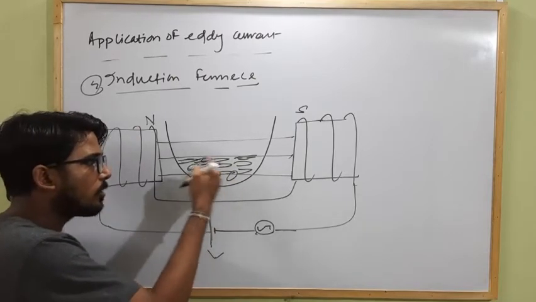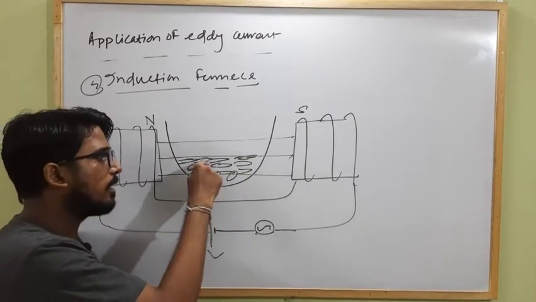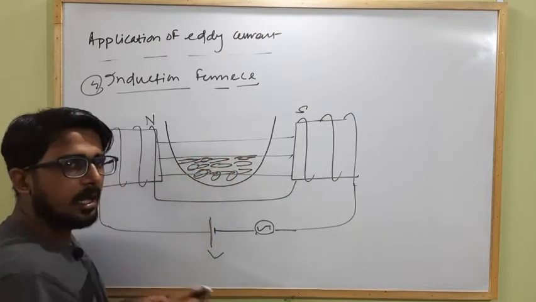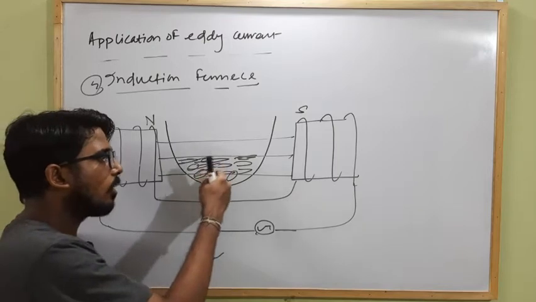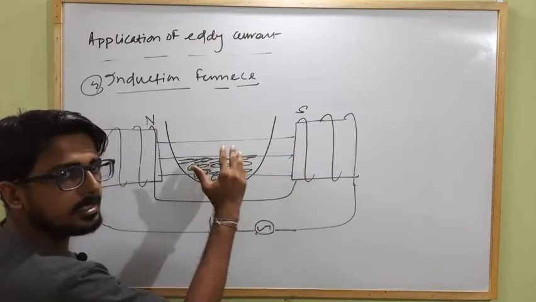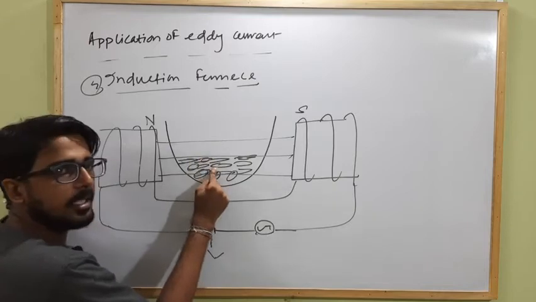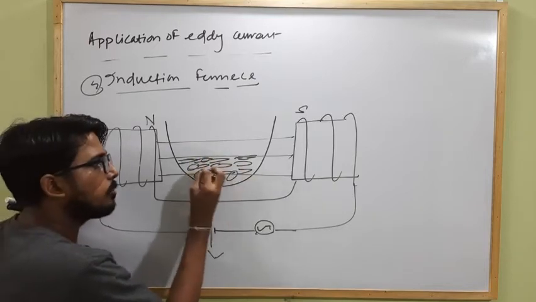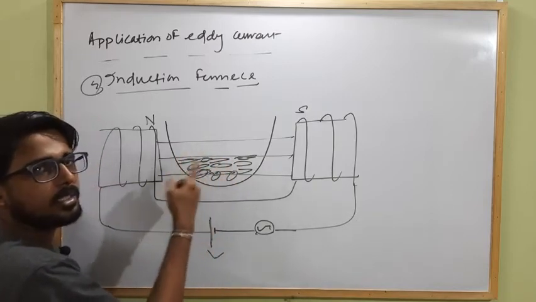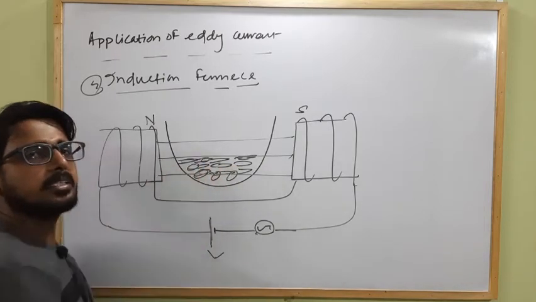Due to the eddy current, the free electrons of the metal start moving, and as they move, they collide with other atoms and ions within the metal, and due to collision the temperature of these atoms increases. When the polarity of the terminals changes, the direction of the eddy current changes again, so the free electrons rapidly change direction. That's why the collisions between the atoms and ions increase gradually and repeatedly, and due to collision the temperature of the metal increases by itself.